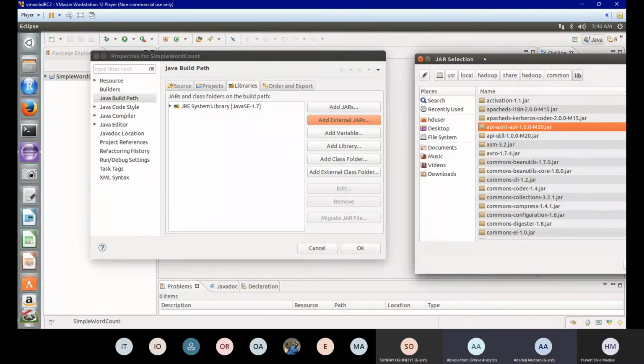Is it still the same thing? Yes, ma'am. It's not bringing up anything. Nothing. That's very weird. Okay, click OK. After clicking add external jars. Oh no, don't click OK. And you're on Java build path. Check your sidebar. Is it Java build path you're on? Exactly. So you're supposed to be on Java build path and libraries in Java build path.